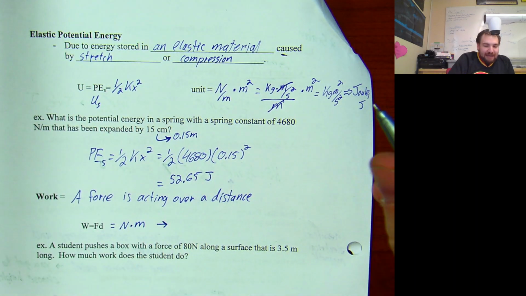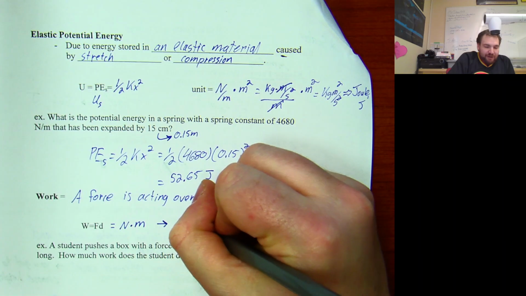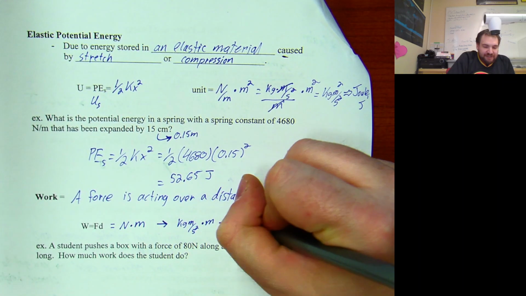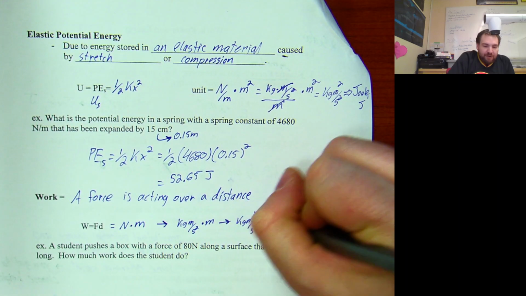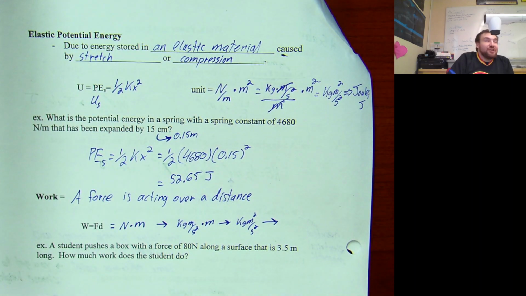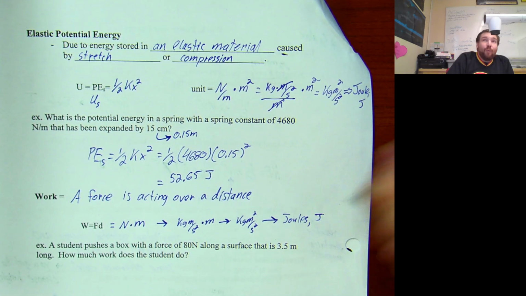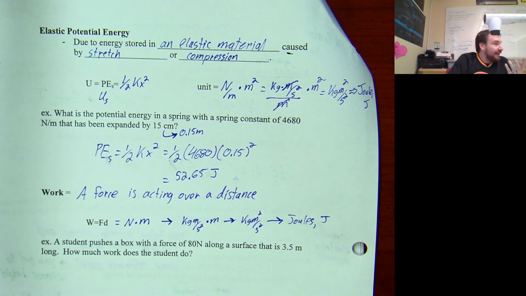Newtons is, we've already established, kilogram meter per second squared, multiplied by meters is going to give us kilogram meters squared per second squared, which means that work is also measured in joules, which means that work is actually a type of what? Work is going to be related to energy somehow. We're going to define how that is in a second here. So, using our first definition here,